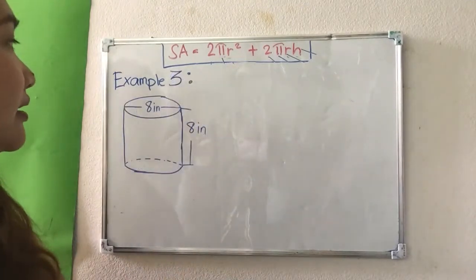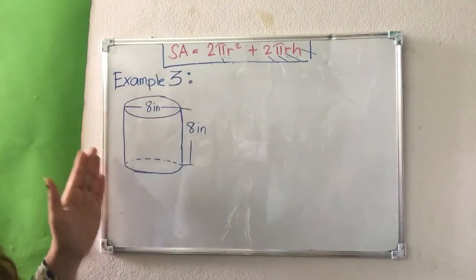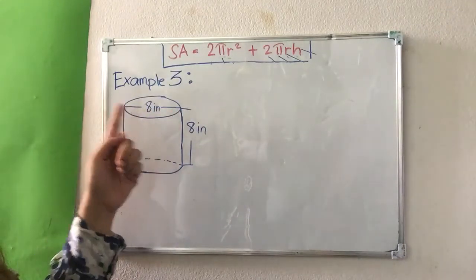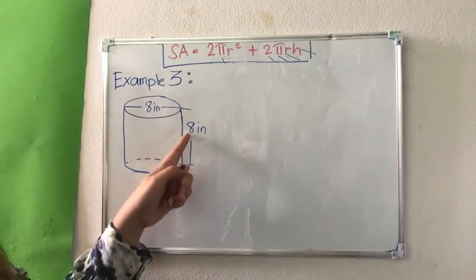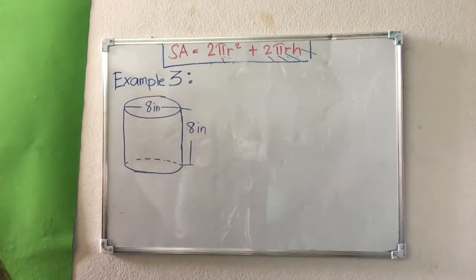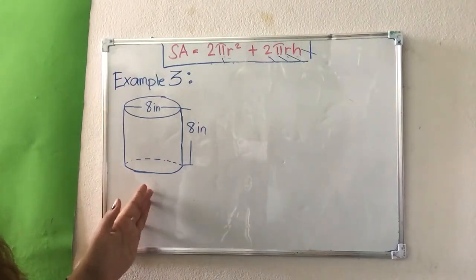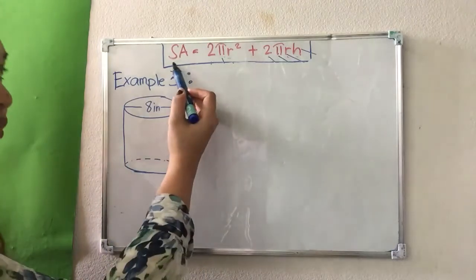Okay, so let's continue. Example number 3. We have a cylinder given. The diameter is 8 inches and the height is 8 inches as well. So let's solve the surface area of this given cylinder. Again, with that formula,